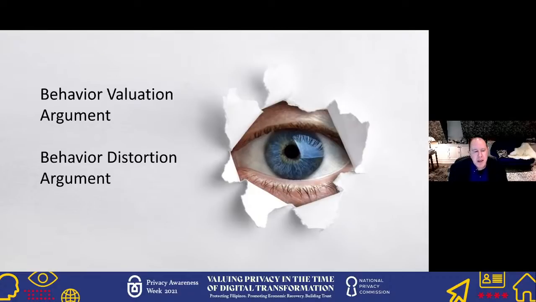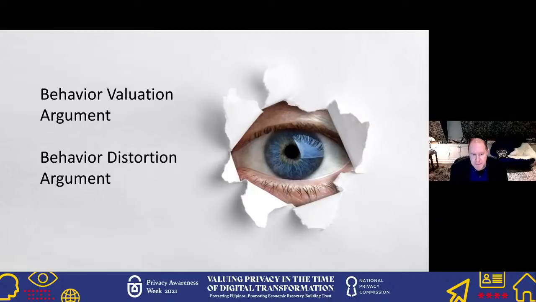So when the behavior evaluation argument says you look at behavior and that shows that people don't value privacy, that is a logical fallacy. They are making an improper generalization from people's risk calculation in a specific situation to their value of privacy more generally. And that is wrong, because that risk calculation and decision has nothing to do with the value of